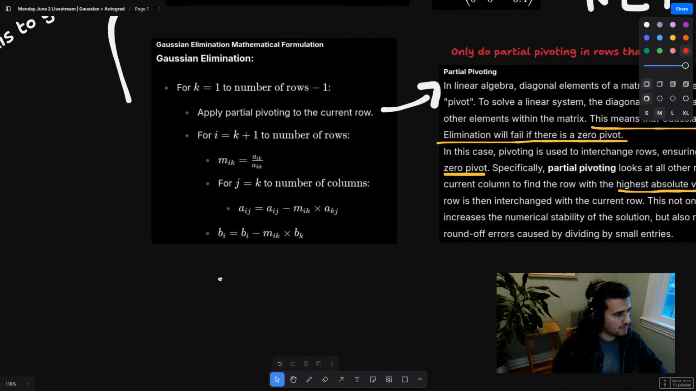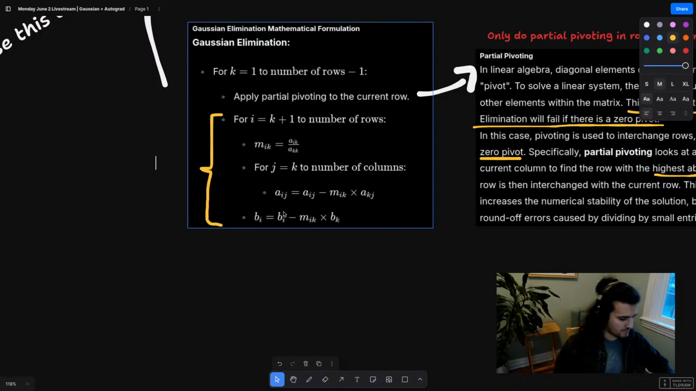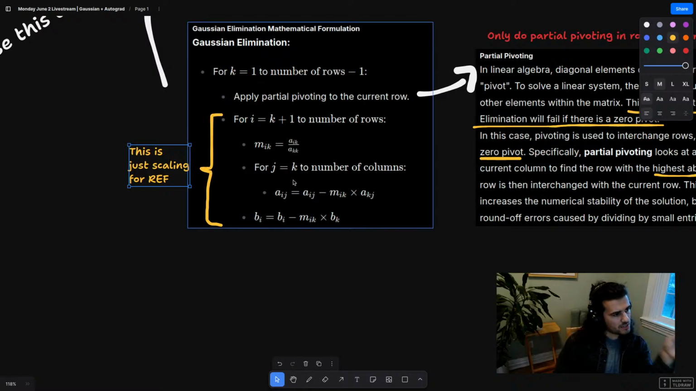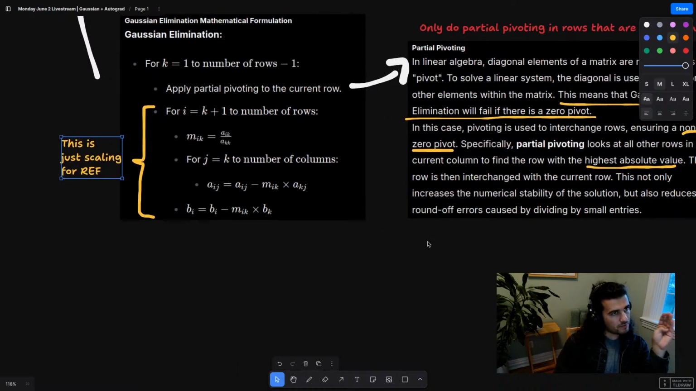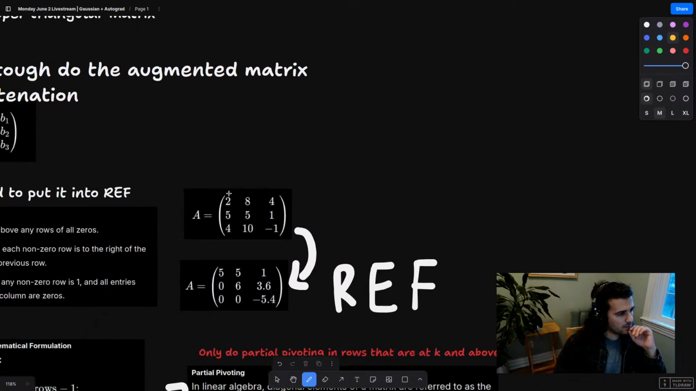Okay, cool. For a, okay, no, that's good. No, yeah. And then we scale. So this part, this whole thing, this is just scaling RF. Okay. For j equal k, number of column, there's no point in, like, if we start here,